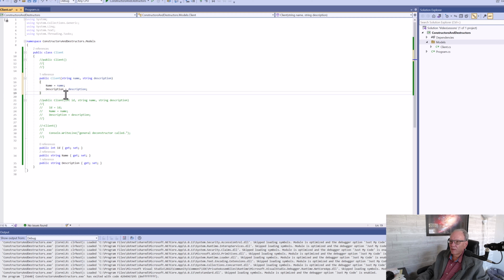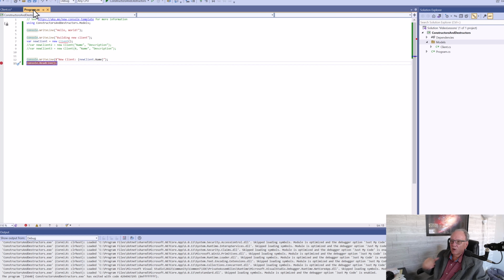This is where the problems begin. Now, we've not declared an empty constructor. We've just declared a constructor to ensure that we actually set a value for name and description. Now, if we go back to our code, because the code is right here and it's in our face,